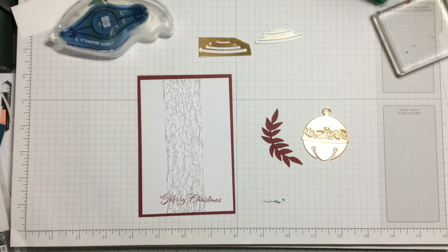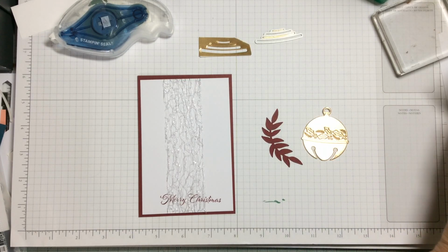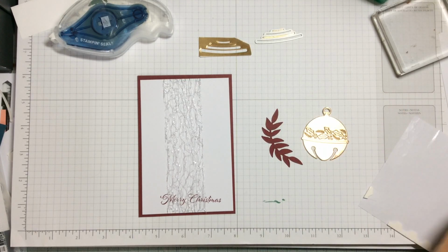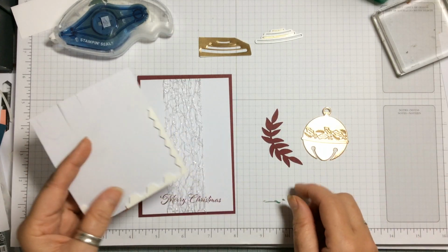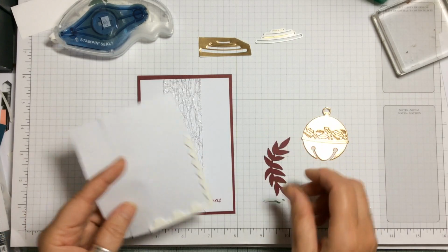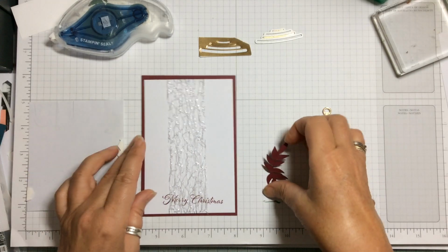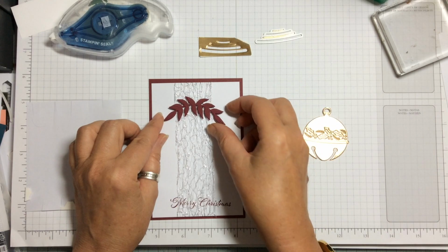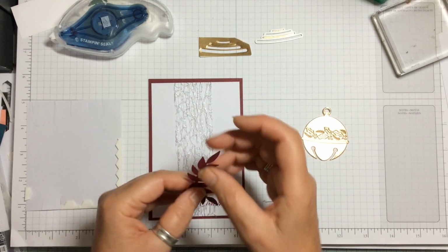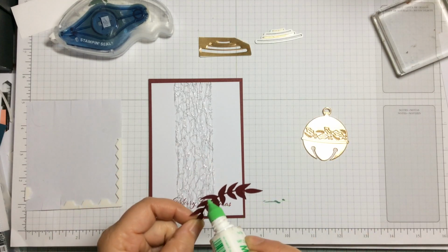So, and I haven't done that, so we're going to have to use our good old glue dots, dimensionals. Let me see what I've got in dimensionals. I've got some pieces out because I think I'm going to have to do some tiny pieces on this one to just stick them in. No, I think it's going to probably be better for this one to be just stuck down. Yeah, I'm going to stick this one down because it will take too long to fiddle around with